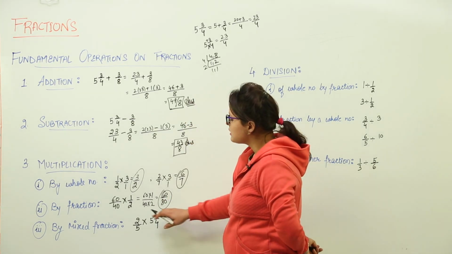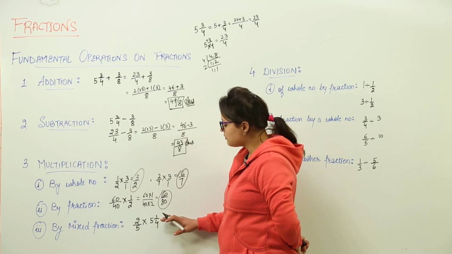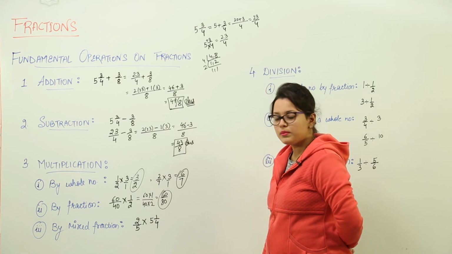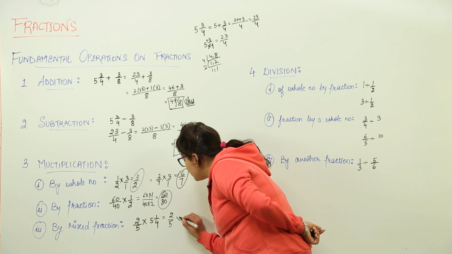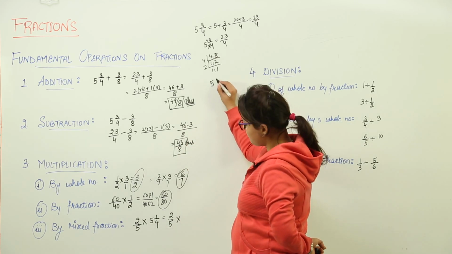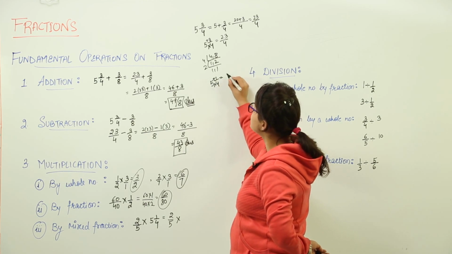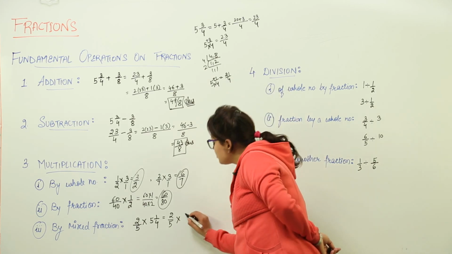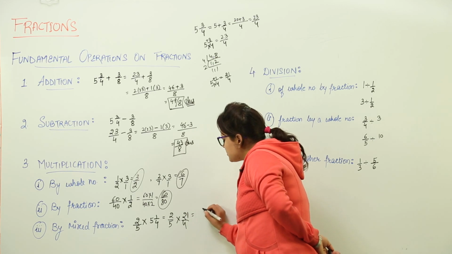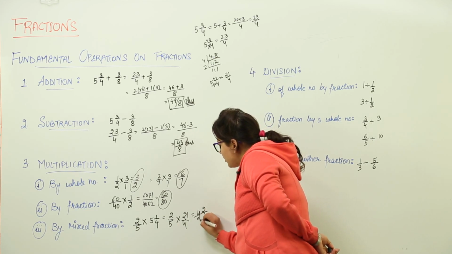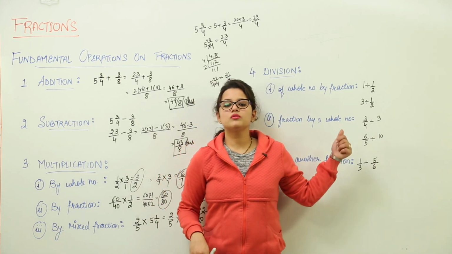Right? Next is the multiplication of a fraction by a mixed fraction. Simple step. First convert the mixed fraction into the proper one. So how do we convert that? We will write here 2 by 5 multiplied with, let us do the conversion, 5 1 by 4. Make a multiplication sign, plus sign. 4 5s are 20 plus 1, 21 over 4. So you write 21 over 4 and on solving you would multiply the numerator with numerator. You get 42 upon 20. This is the multiplication for the fractions. Moving on to the division now.